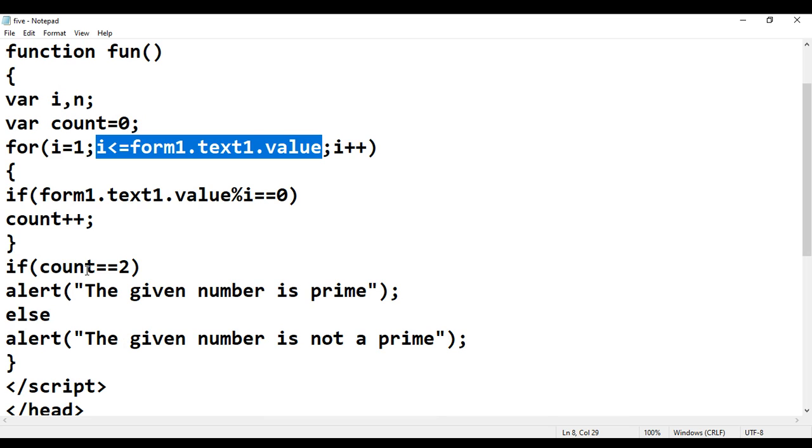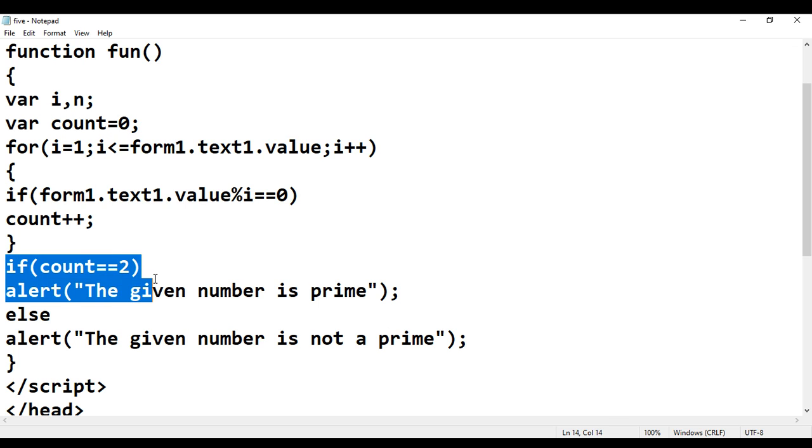If we encounter count equal to 2, whenever the count is incremented to the value 2, then automatically the number is prime. Why? Because any prime number will have only 2 factors, the number as well as 1. That's the reason we need to check the count variable value.